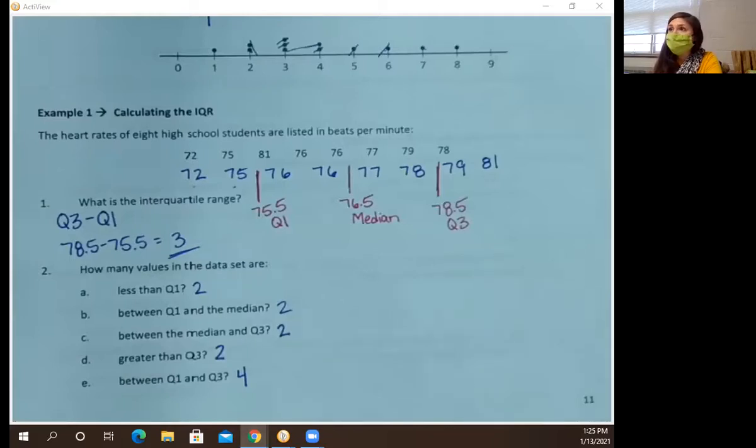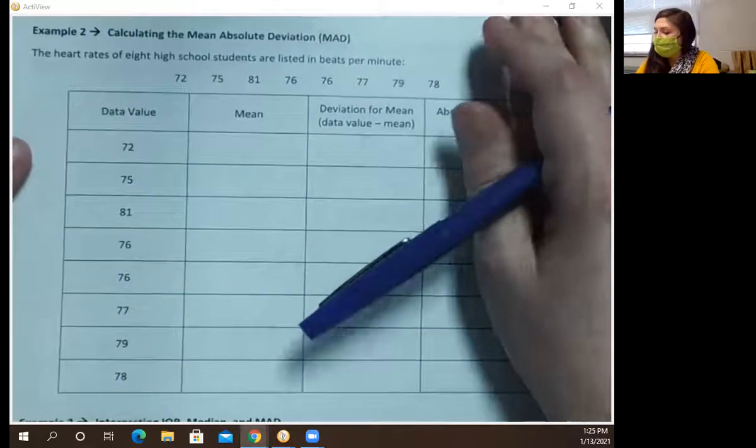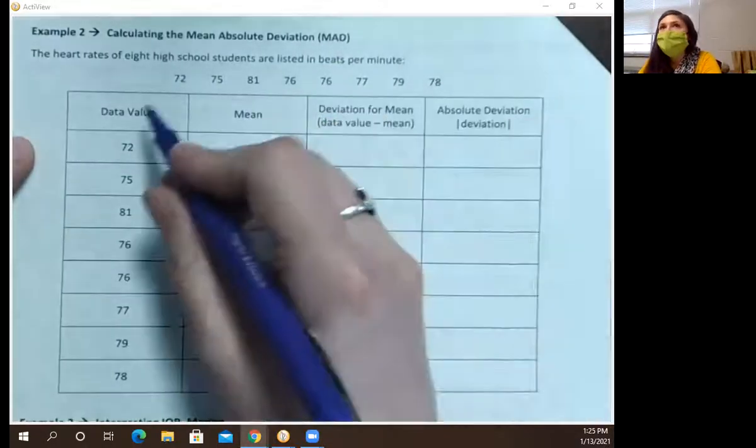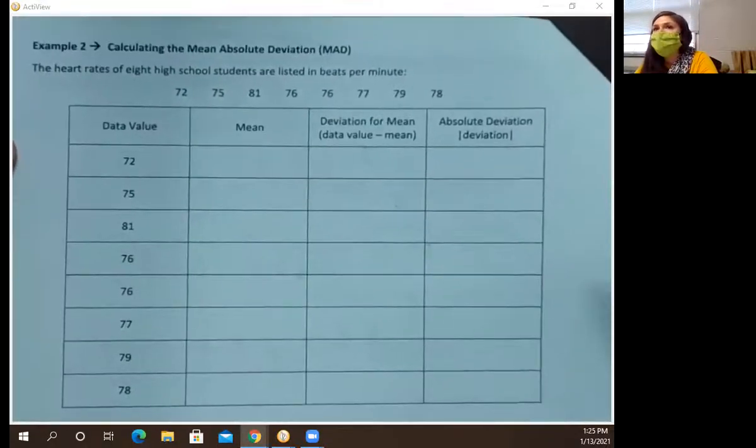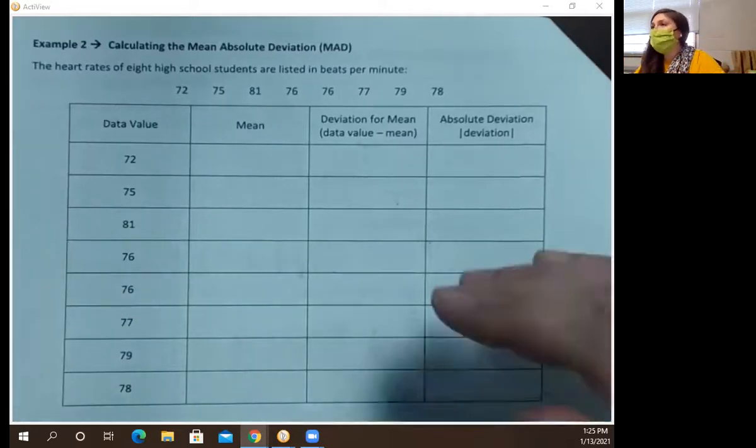Not too bad? Okay. So the next thing we're going to look at is another measure of variability, something called mean absolute deviation. We're going to use the same information, that heartbeat data that we used on that last problem. I'm going to talk about deviation for a second. So the idea behind deviation is we're looking at not how far, so for